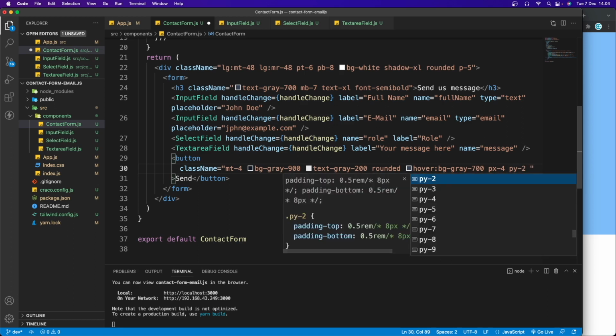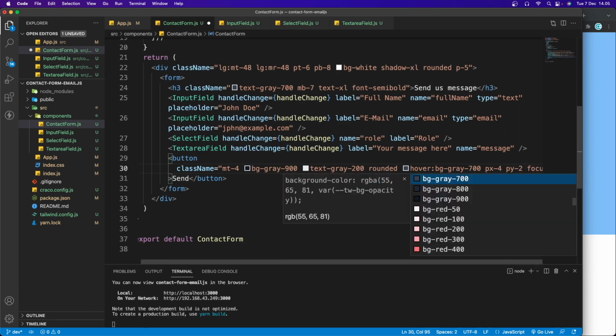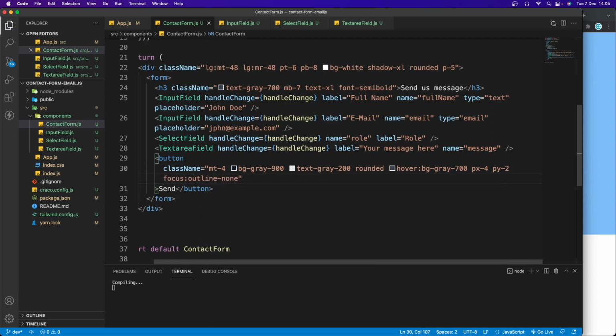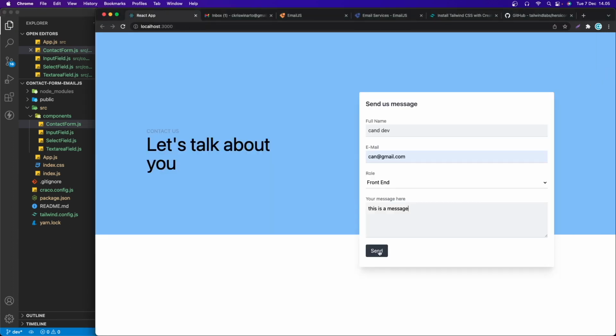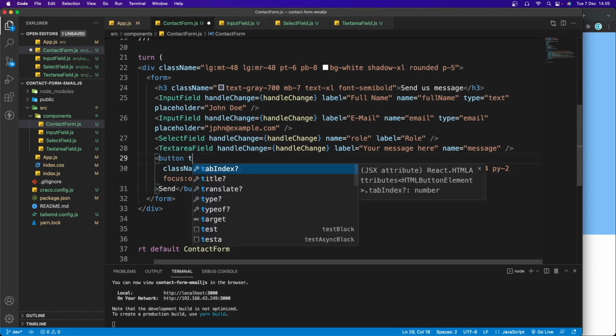And if I focus on the button, I want to set the outline to none. All right, so if I save and take a look, as you can see here, pretty cool. If I hover, we have the effect, and this type is going to be submit. We don't have it yet. So let's add it in here. Let's say type